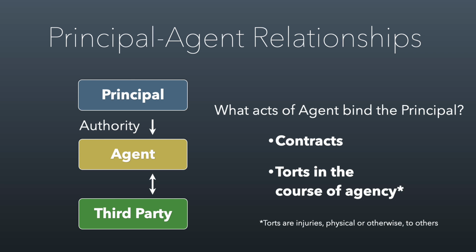Now, you may have some questions, like what happens if Stanley swings by his house to pick up something before he comes back to the study group, and you didn't ask him to do that? If he hits the kid on the bike on the way to his house, is that in the course of agency? The answer is no in that instance, for example. But you might have other scenarios or instances that you want to discuss in class. So that second bullet point is how that works, and how the agent's behavior can be binding on the principal.